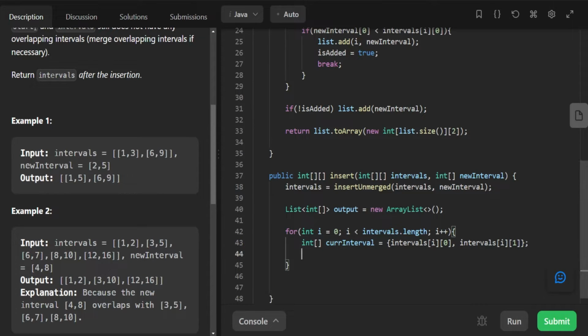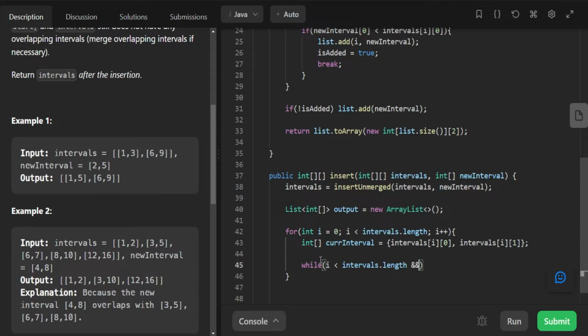So now you want to continuously merge while i is in bounds, as well as the intervals that are being merged do overlap. You don't have to merge them if they don't overlap. So you could create the while loop while i is less than intervals dot length,